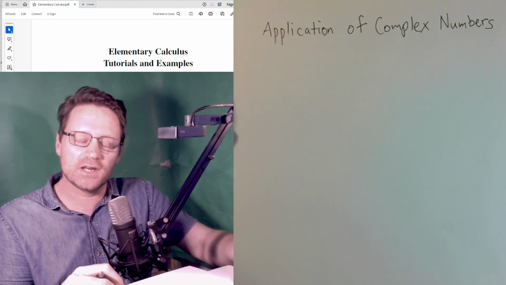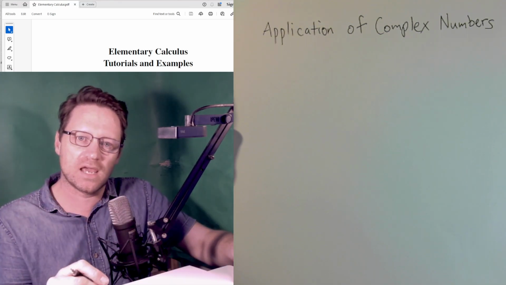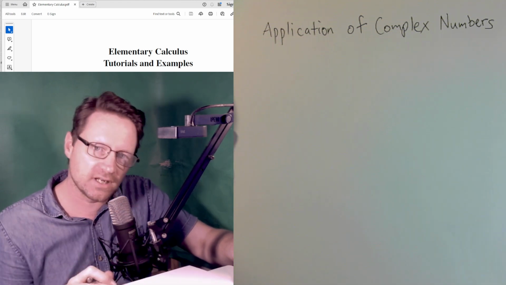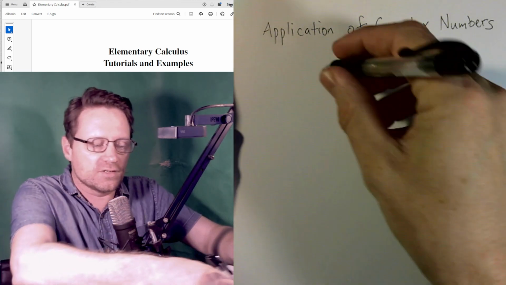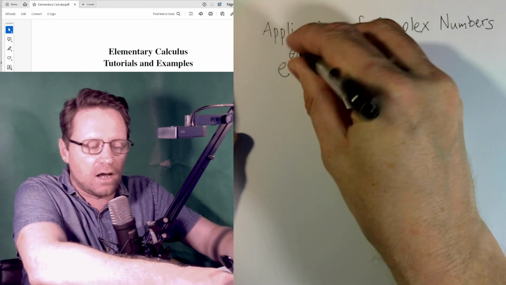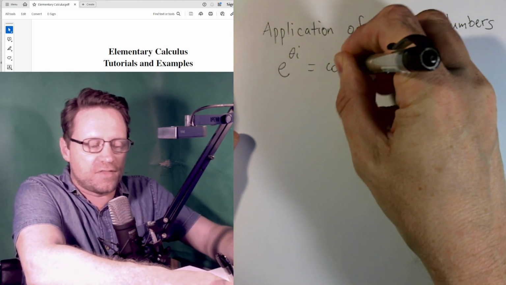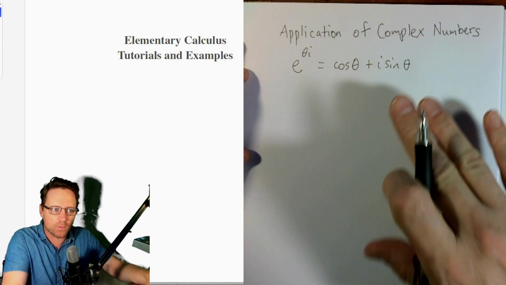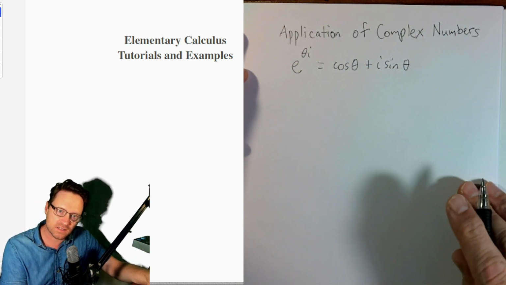Welcome. So today I'm going to show you a tangible application of complex numbers, and this is aimed for all of you engineers out there. So the first thing I want to remind you of is that e to the i theta is cos theta plus i sine theta. Okay, and so this is what we're going to use, where i is the square root